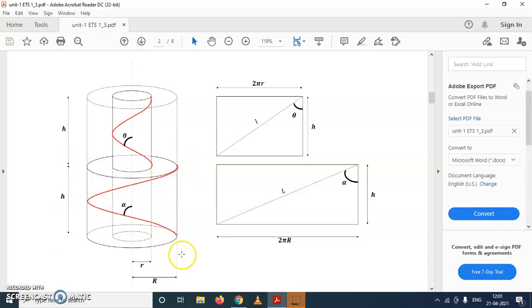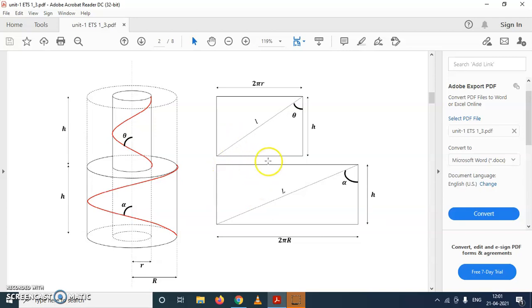Okay. Now the notation small l and capital L. This is the length of the filament. This is general cylinder taken at any general radius, small r, which is having angle theta. The length of the filament is this small l. And when we take the outermost cylinder, then the helix angle is alpha. H will be same for both, and the length of the filament is capital L. Now if these are opened out diagrams, that means if we cut a cylinder and open it, we'll get a rectangle.